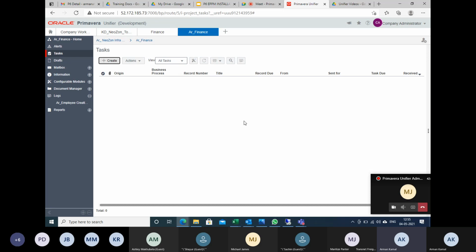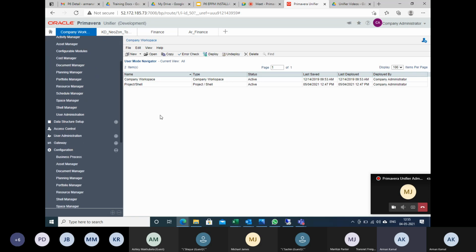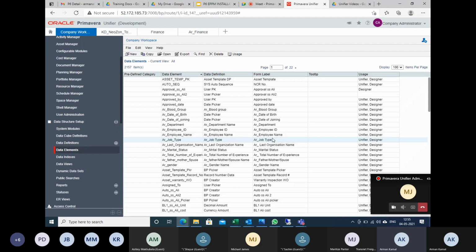How to do that? As I already told, I need to go to the company workspace, go to the UDesigner. First I will change the field name. Since the first error is the spouse spelling, I will first go to the data structure and go to the data elements.